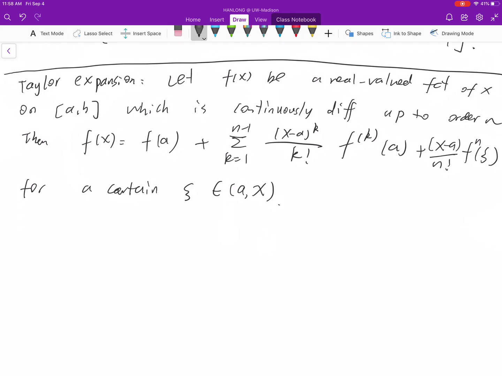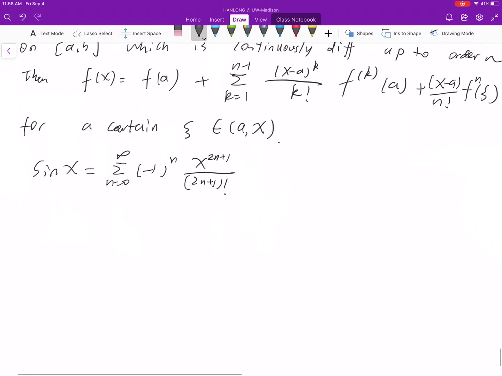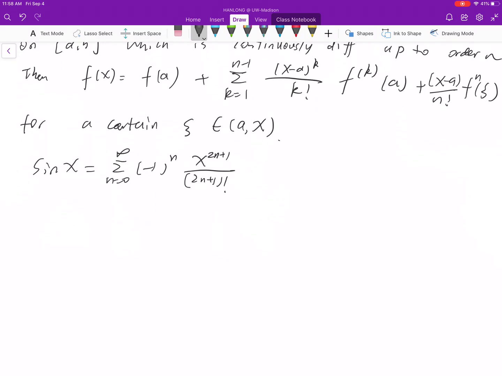And in Math 21, we show that sine x has the following Taylor expansion. How to interpret this formula? We interpret it in this way. So the right hand side is a power series. This power series converges to sine x uniformly in any finite region,